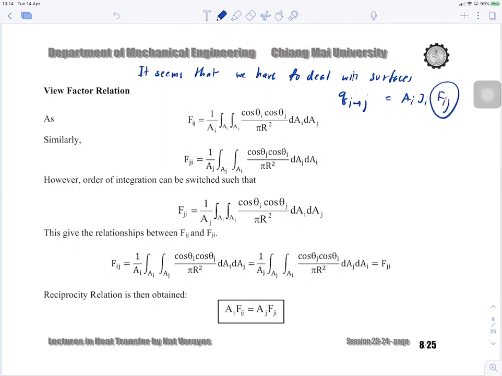For example, if you have 3 surfaces, it's going to be something like this. Okay, surface 1, surface 2, and surface 3. And they all have radiation inside. Okay, so you have to find the F11, F12, F13, F21, F22, F23, F31, F32, F33. 9 of them. Can you find 9 of them? Well, sometimes yes, it wouldn't hurt, and it requires only your time